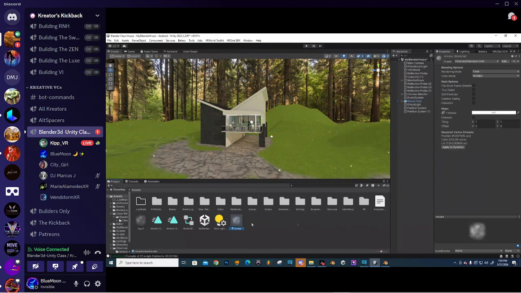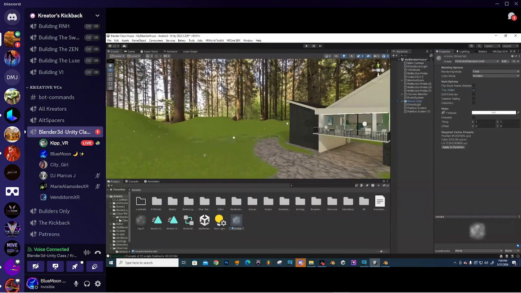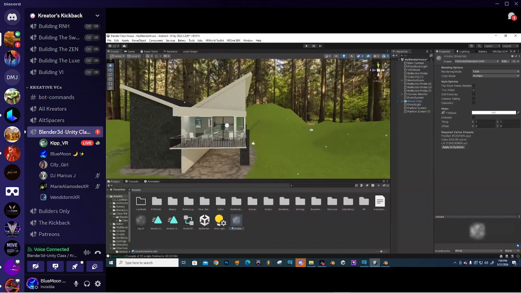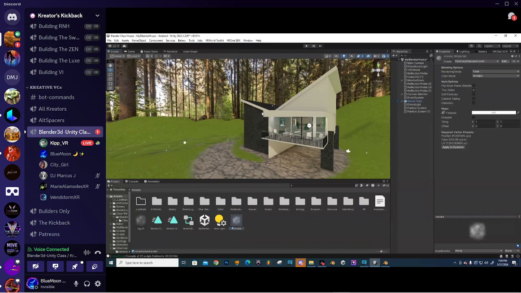Just right click, go to create a material, change the shader out to particles, standard unlit over here in the inspector. Change the renderer to fade, and then drag and drop your snowflake on the albedo texture here. And don't forget to turn two-sided on if that's the type of thing that you're working with. Okay. So, yeah. But just be mindful of how much snow you add into the world, because